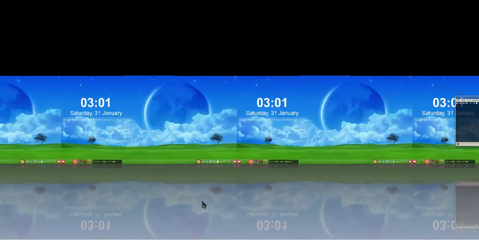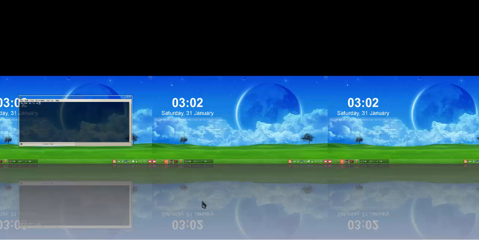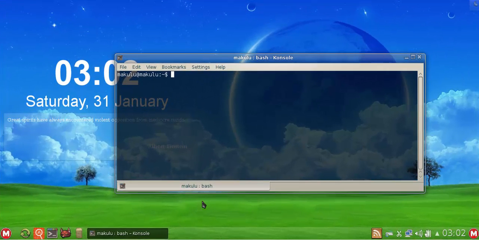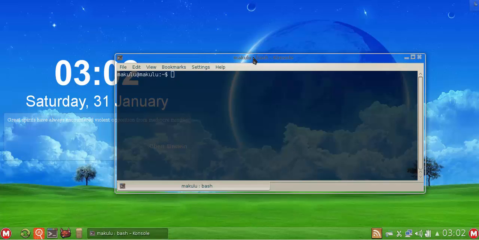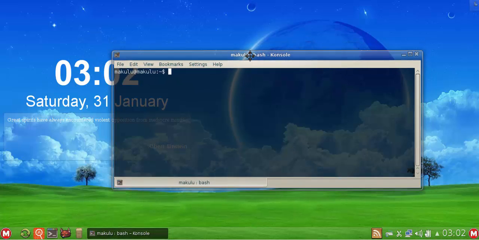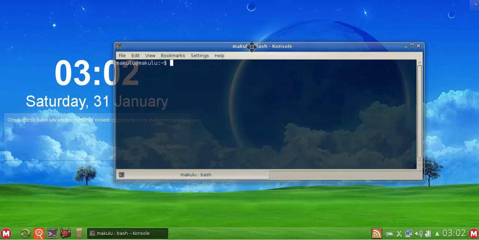The unfolded cube with the reflections and shadows, the transparency throughout the operating system. Everywhere you look, menus are transparent, windows are transparent, a lot of transparency. So that was the last edition. On this version,